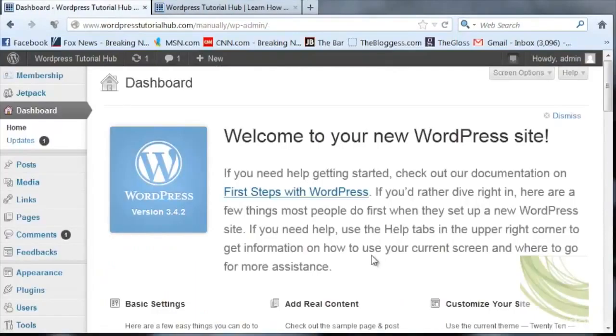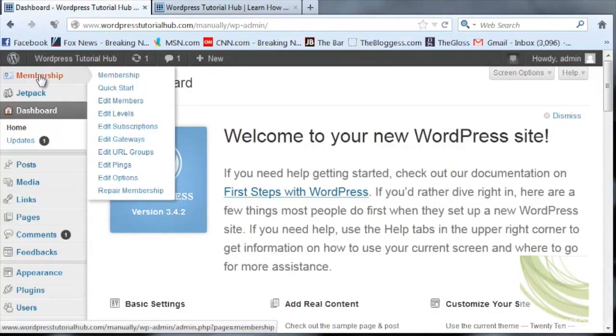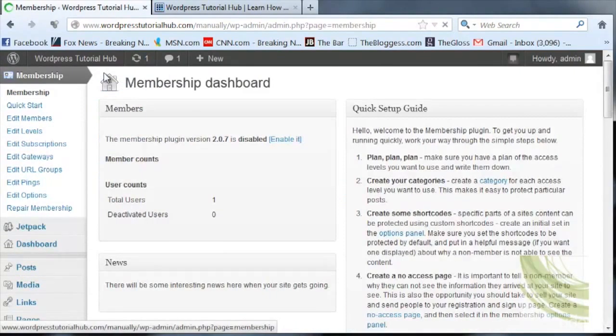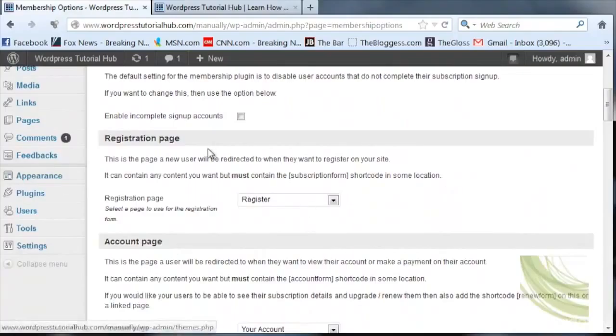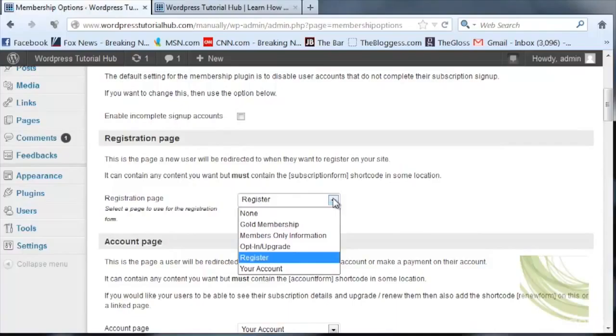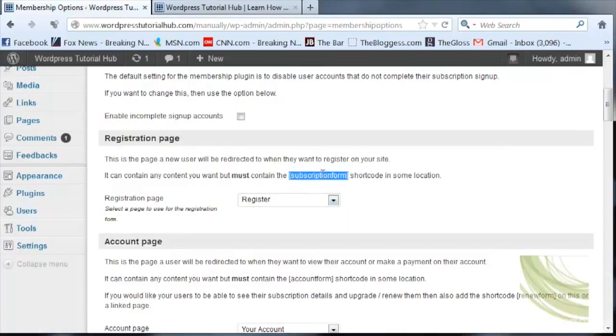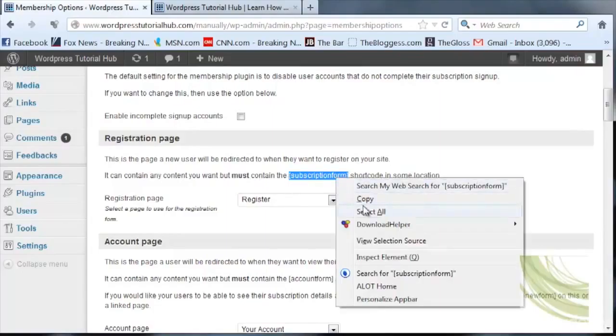Now there's one more thing that I want to show you how to do that will make our registration page work correctly. When we go into our Membership tab, we're going to click on Membership up at the top. And we're going to go to Edit Options. In Edit Options, I'm going to scroll down till I get to the registration page. And remember that before we had made it so the registration page is on our page called Register. Right here above that box, you'll see that it can contain any content, but it has to contain this shortcode in some location. So I'm going to copy this entire shortcode, which is bracket subscription form end bracket, copy it,